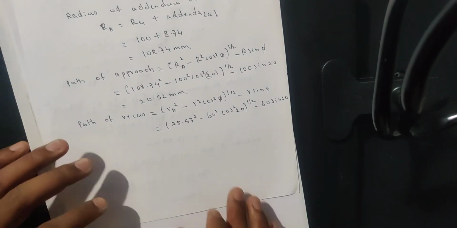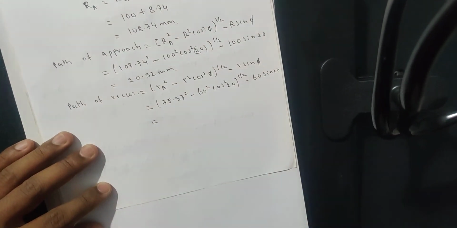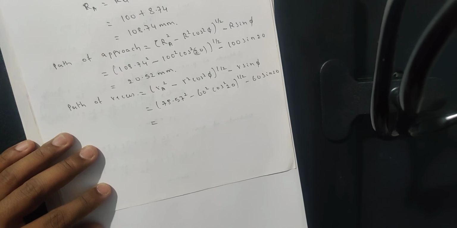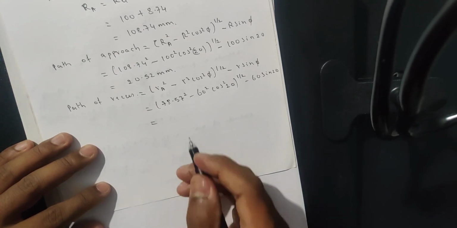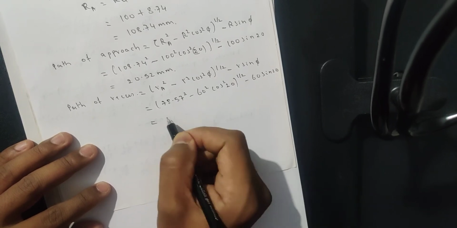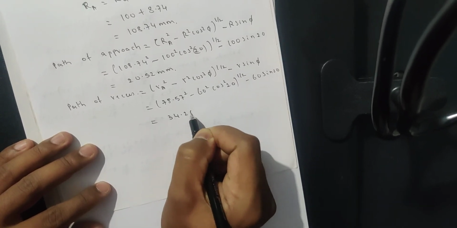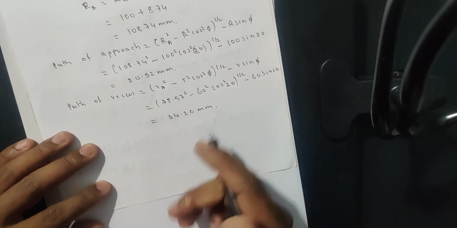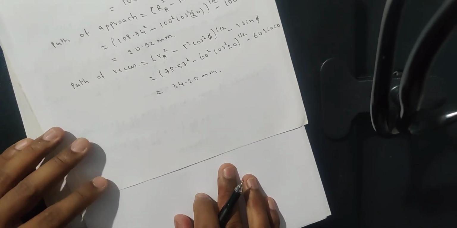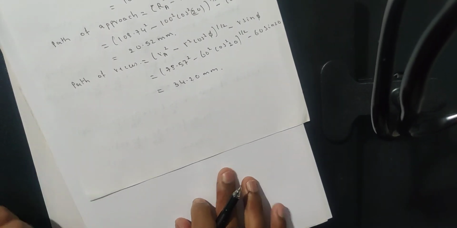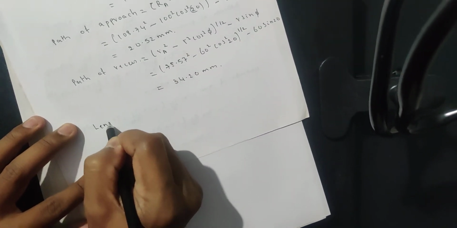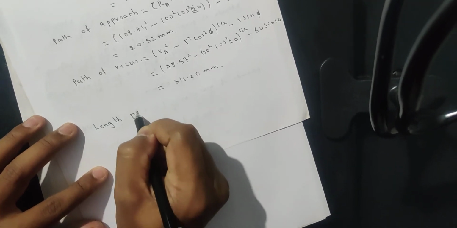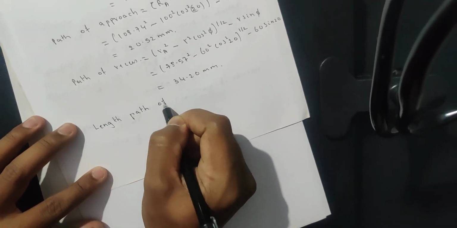Okay, 60 sin 20. So you can write it here as what will be the value here? It will be 34.20 mm. Okay, so you can also find out the length of path of contact here, which will be the addition of these two. So length of path of contact,